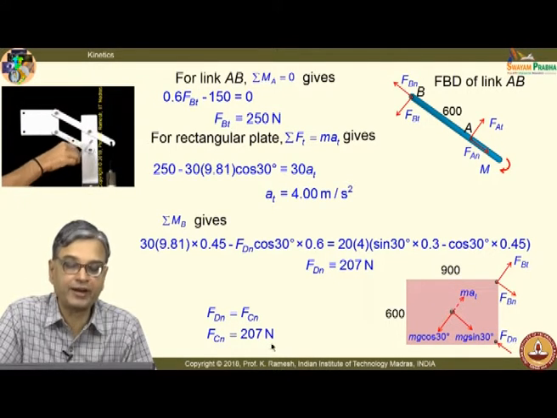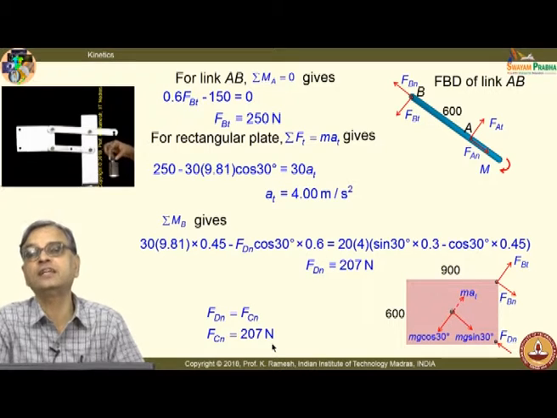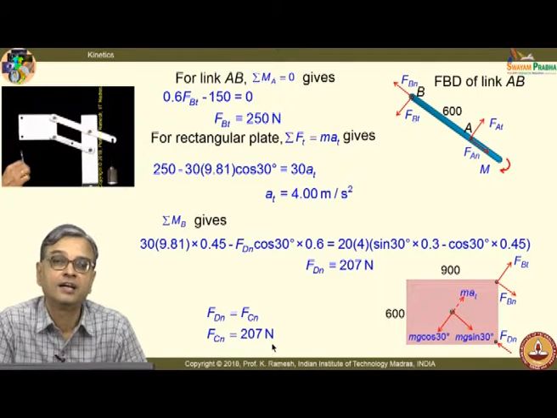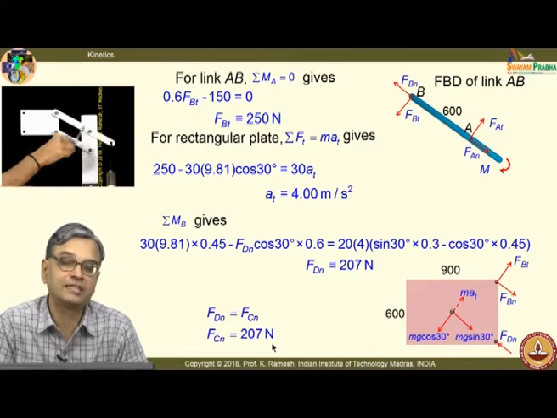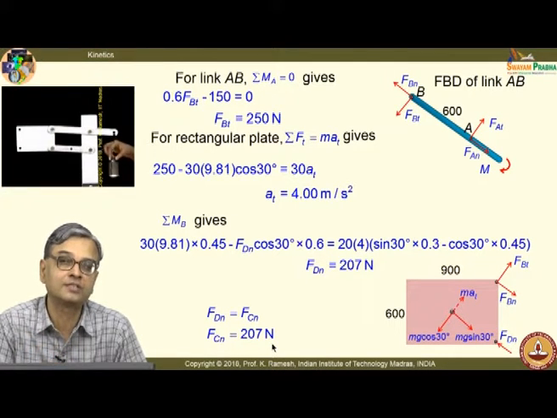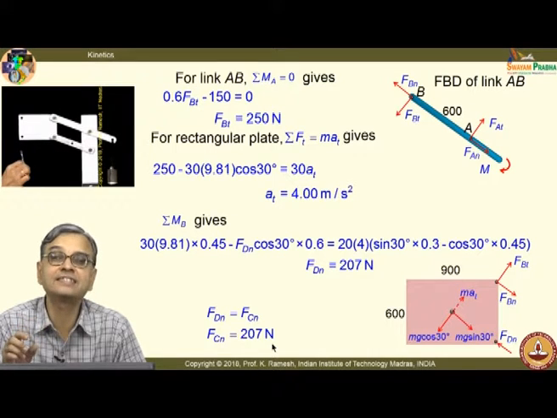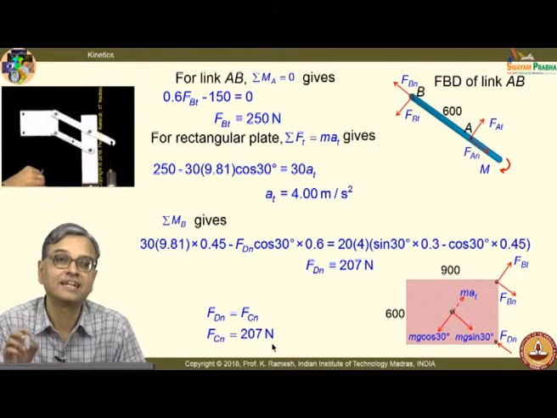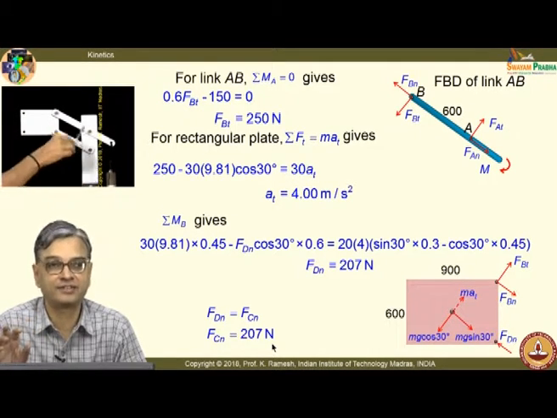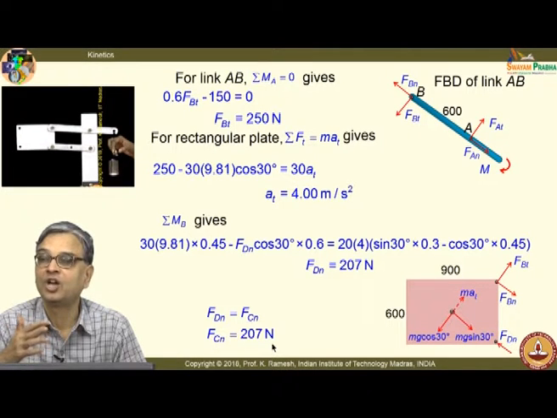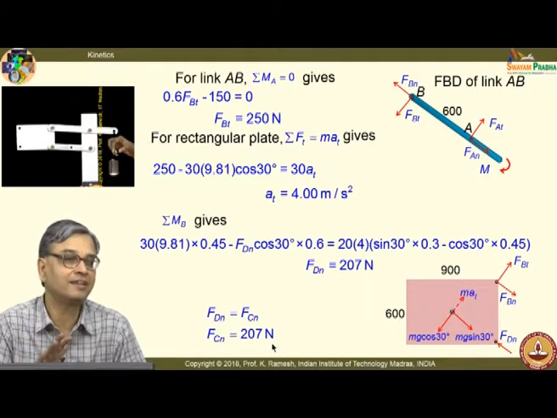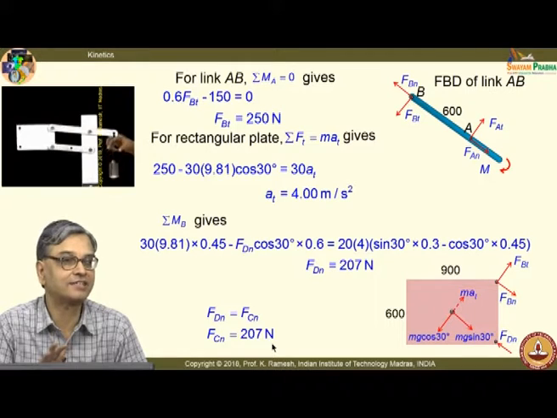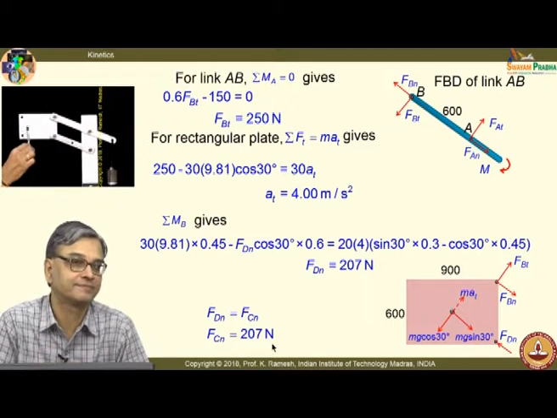So, we have been able to find out the force at point C. The challenge in this problem was first to recognize that the plate has curvilinear translation. One easy way of looking at this is, if you have parallel links connected, invariably it will be a curvilinear translation. Your mini drafter is an example.